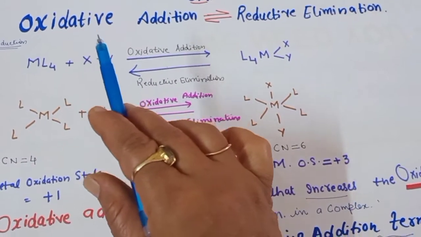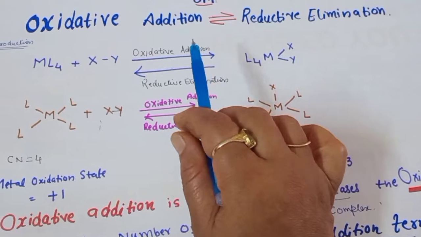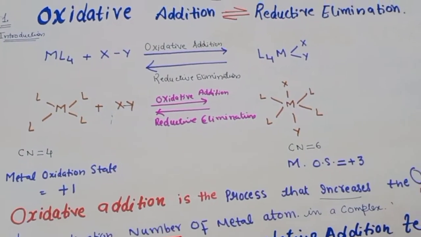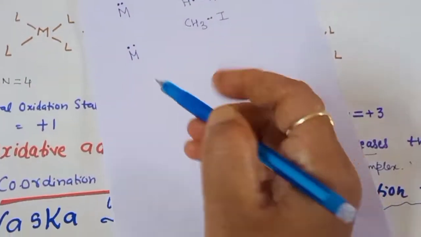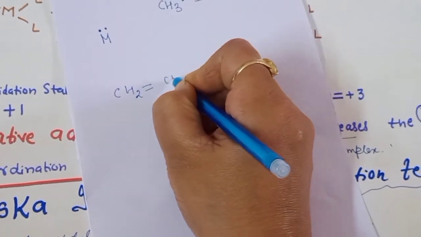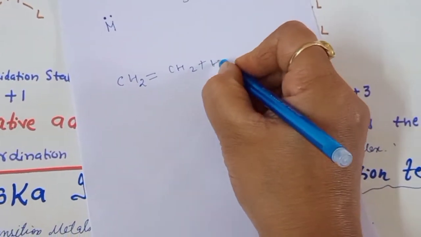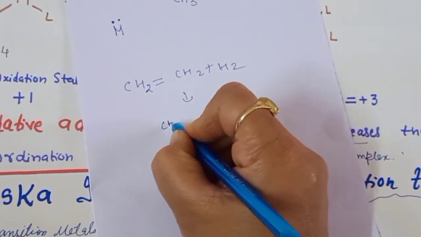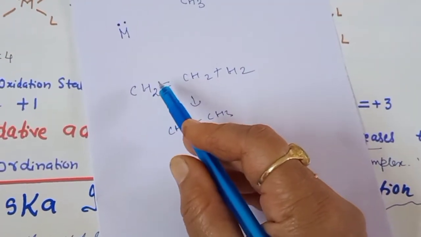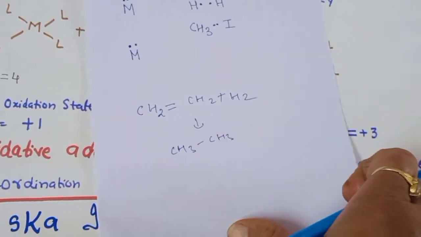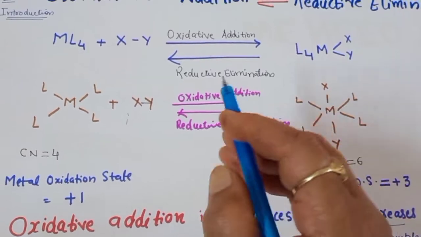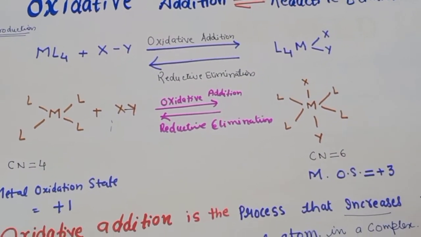So if we see the word oxidative addition, it means in any reaction oxidation as well as addition will take place simultaneously. So what were our addition reactions? As you remember, if we are talking about the addition of hydrogen to any unsaturated compound, what product are we getting? We are getting CH3, and that means this hydrogen will get attached, this double bond will get converted to single bonds. So these oxidative addition reactions are very important reactions in our organometallic chemistry.